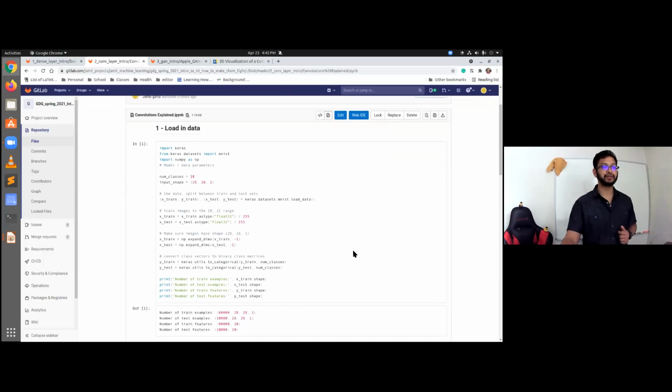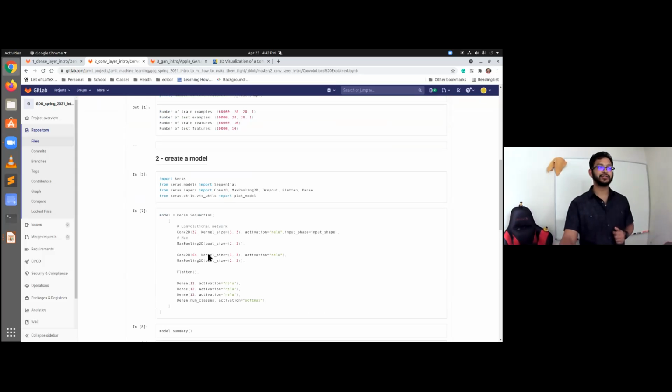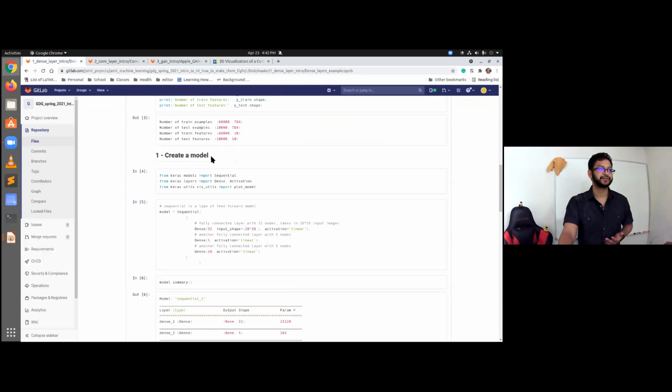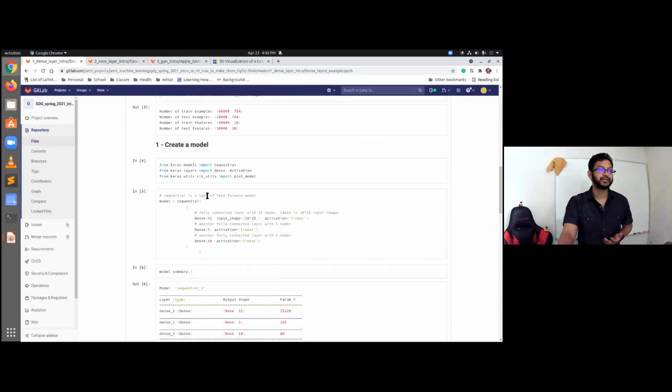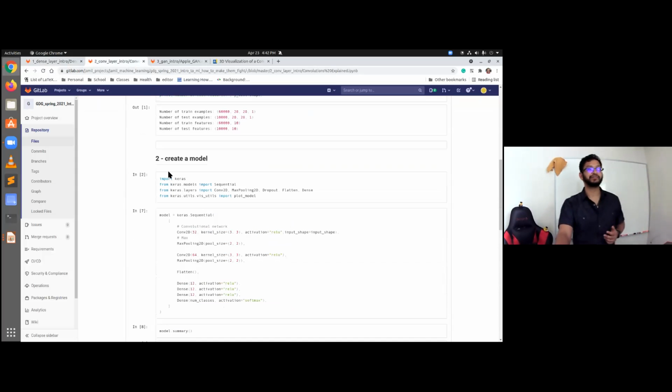We have the same loading in of the data where we transformed it. And now here, we're not going to add too much stuff. We previously had for our first model, where was it? 32, 5, and 10. Three layers. The first one had 32, the next had 5, the last had 10. We're going to keep the same format.